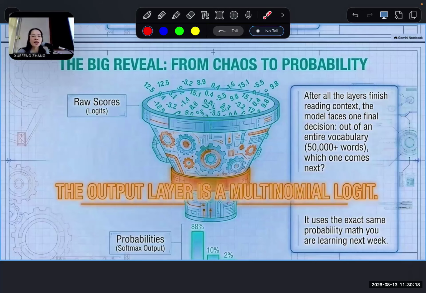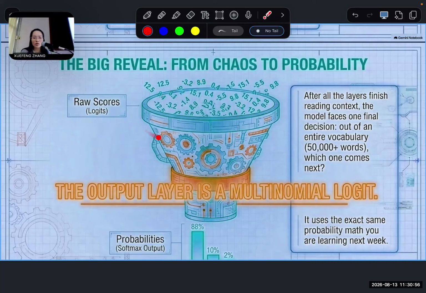Here is the big review, tying everything together. After all the attention layers finished reading context, the model produced raw scores called logits. One number for every possible word in the vocabulary, basically 50,000 or more of them. And these raw numbers can be anything: positive, negative, huge, or tiny. And then comes the final step,